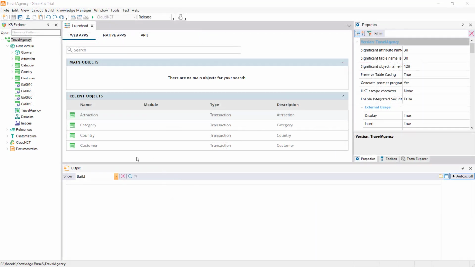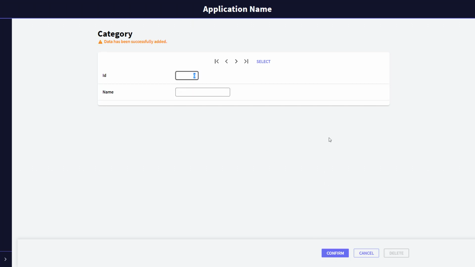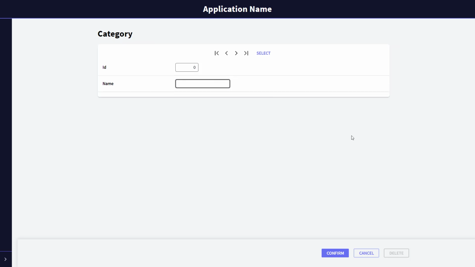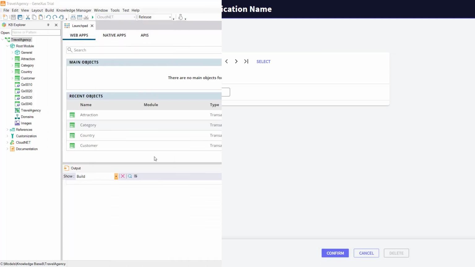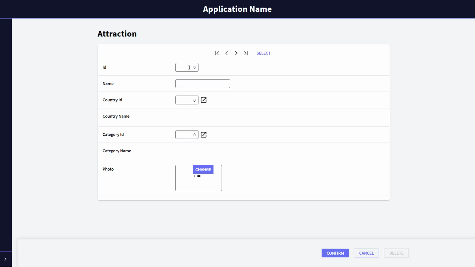The browser is opened, and we start to enter some categories. We entered these categories: Museum and Monument. Now we execute the attraction transaction. We can see that it allows us to enter a category and a photo.